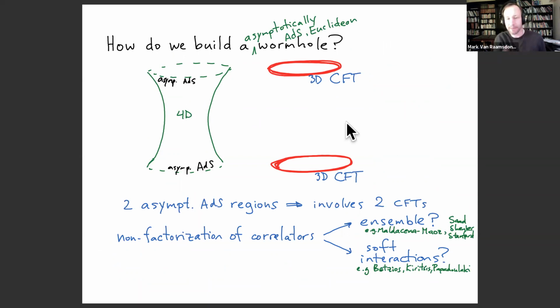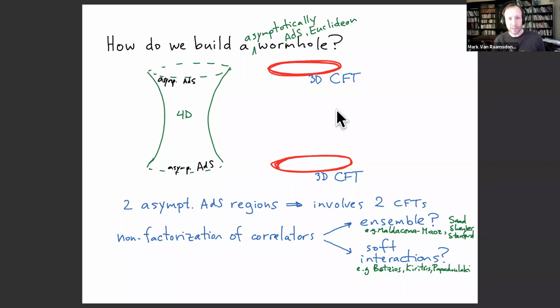But because this whole setup is Euclidean, we run into this now famous factorization issue. So if I just think about a Euclidean field theory on a sphere and then another one on a separate sphere, and these two things are not interacting, then the partition function for this theory and all of the correlators will factorize between the two copies. But if I try to do a gravity calculation here of some correlator, then the connected geometry here will imply that the correlators don't factorize.